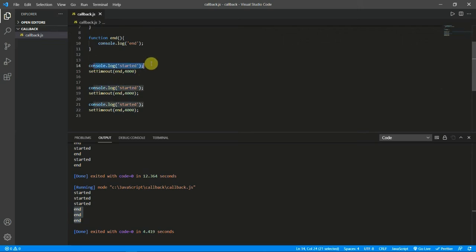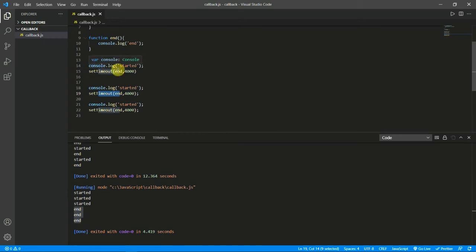Instead we just started all the processes, and after a certain amount of time the setTimeout called the end function. When the compiler reached the setTimeout, it said to the compiler, forget about this line, I have 4 seconds, so it's my responsibility to call this end function after 4 seconds. The compiler said okay, and moved forward to start. Again it came here, again the same thing, setTimeout, it said you can carry on, after 4 seconds it's my responsibility to call end. So that is what's happening here.